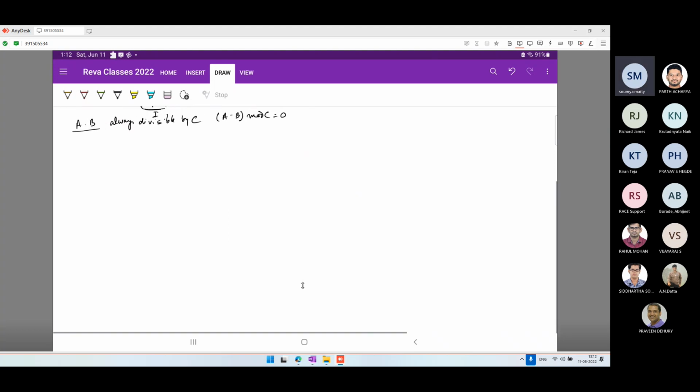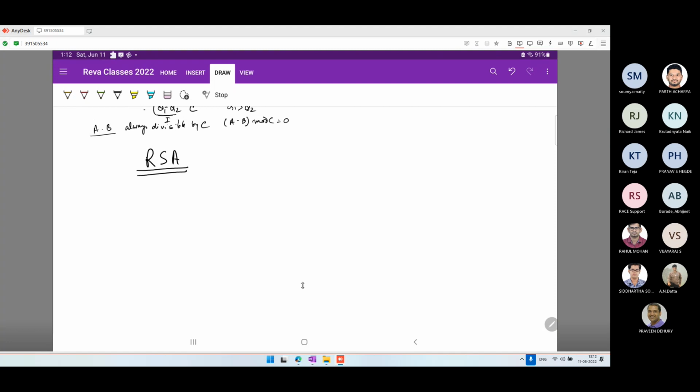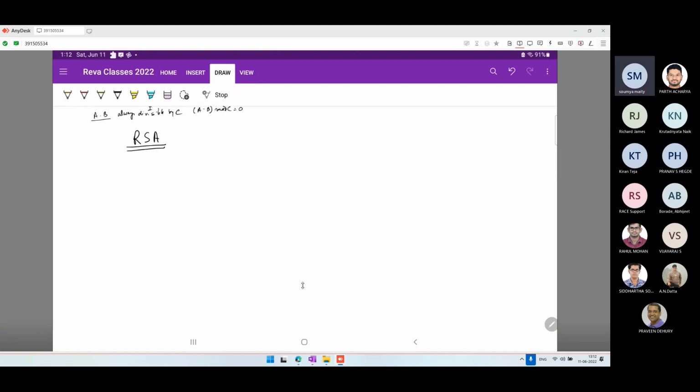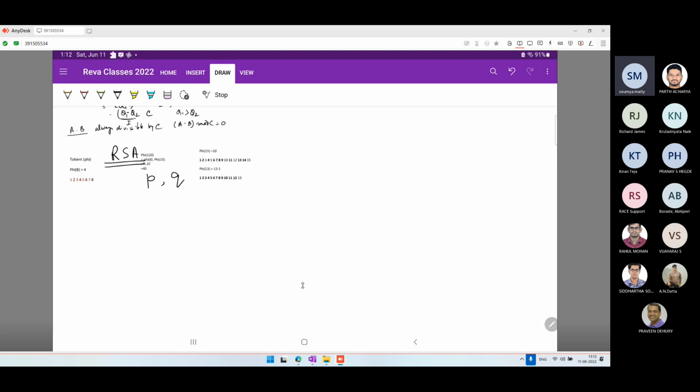Okay. Now let us see how RSA works. Let us take any two big prime numbers, P and Q. This is what somebody will take. How does a computer generate a pair of